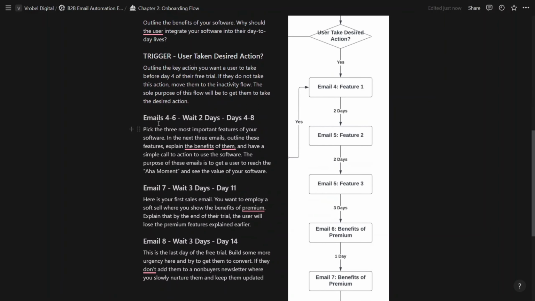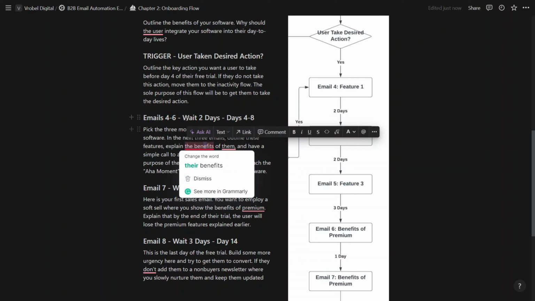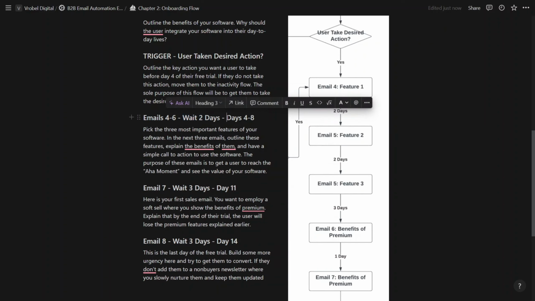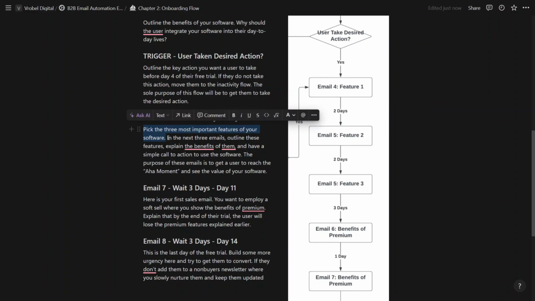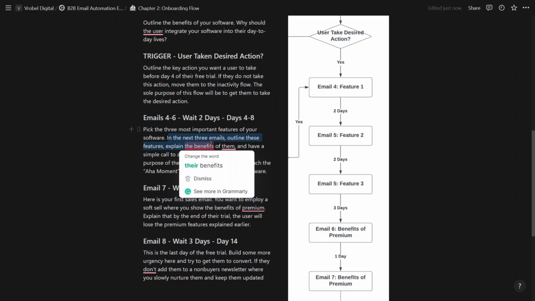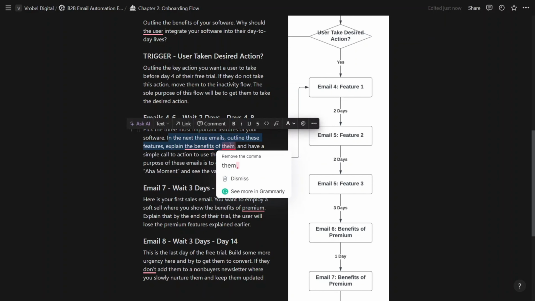Next, emails 4 through 6, that's this, and this. Between all of these, you're going to want a 2-day gap. So that means that these are going to be emails sent out on days 4 through 8. With these emails, what I usually like to do is to pick out the 3 most important features of your software. In these next 3 emails, just pick one of those 3 features, explain the benefits of them,